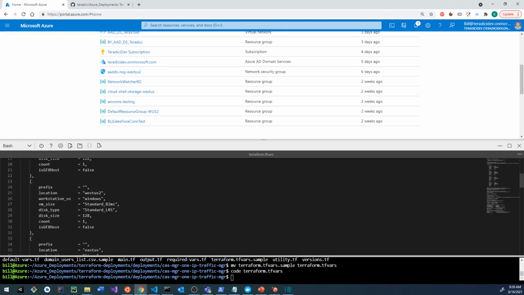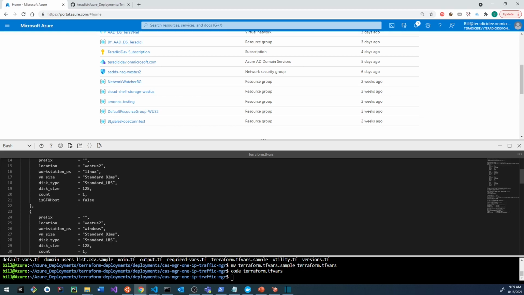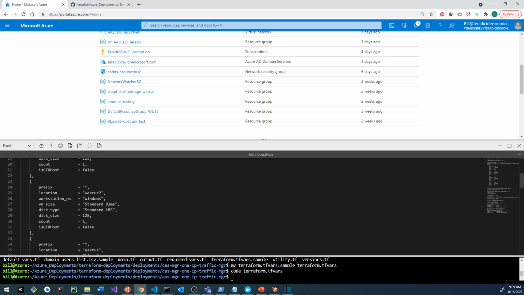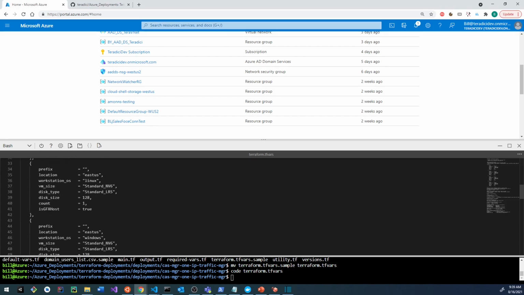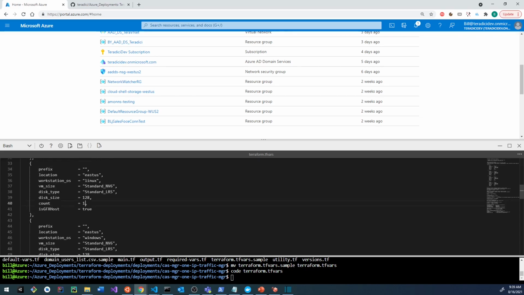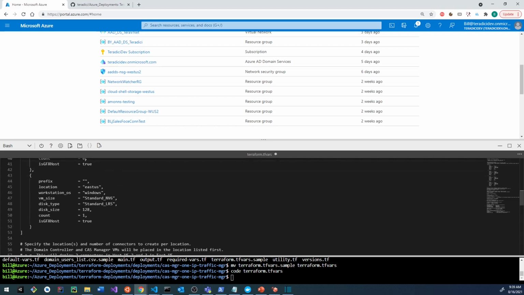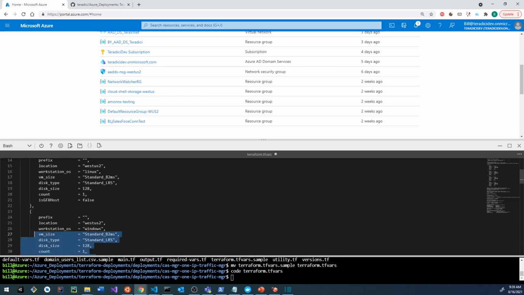So these top couple of variables here are describing the workstations. So for instance, this is describing a Linux machine that's on WestUS 2 with a count of 1. So we want to deploy one of these right now. Same, but it's for Windows. And these are graphics VMs for Linux and Windows respectively. So I don't actually want to deploy any right now. So I'll turn these to 0. And I'll also